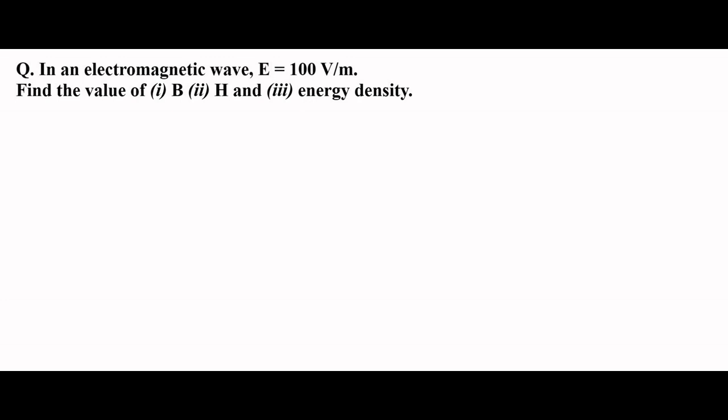So it is given that in an electromagnetic wave the electric field intensity is equal to 100 volt per meter. We have to find the value of magnetic field intensity or the magnetic flux density, B, the magnetization force or magnetic intensity, H, and the energy density. Okay, these three things we have to calculate. So for that, what we'll do